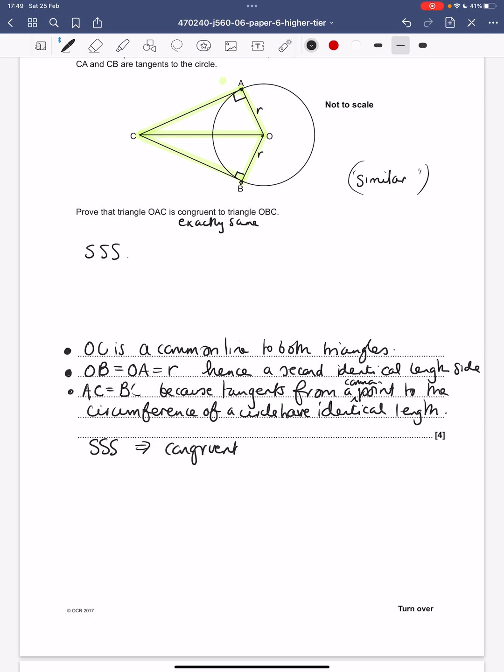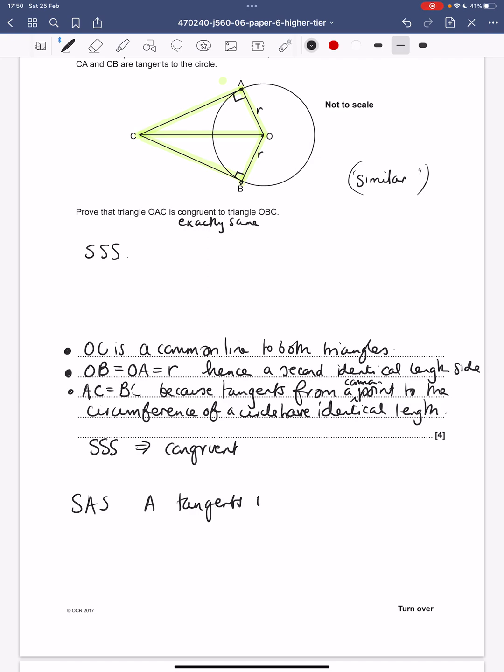You could also do it with side angle side as well, and that would be this side, there's the angle, and that side. So two sides and an enclosed angle. If you can prove that that and that and that match that and that, and that's the same. And it is because if you wanted to do the angle, we've got the sides anyway above, but if you want to prove the angles are the same, you can say